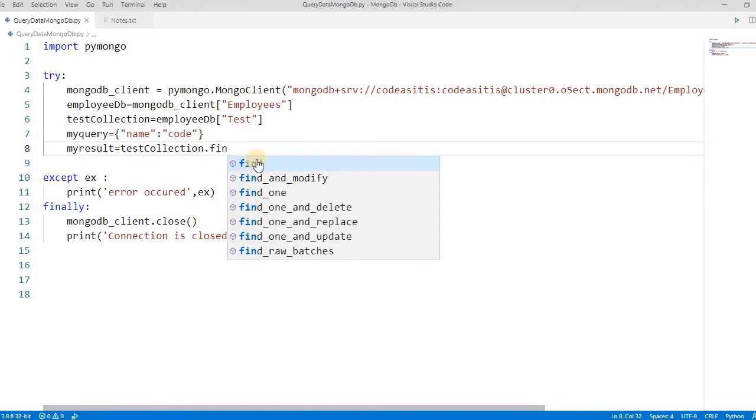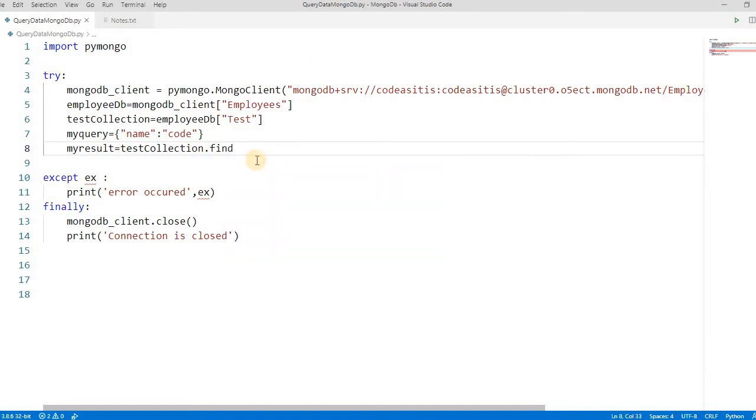Find gives you all the results. Suppose your collection has more than one document with the name code, it will give you all the results. Find one only gives you the top result. It will not give you the others. If you want to find and modify at the same time, it will give you select and modify. Let's start using find, and pass my query.